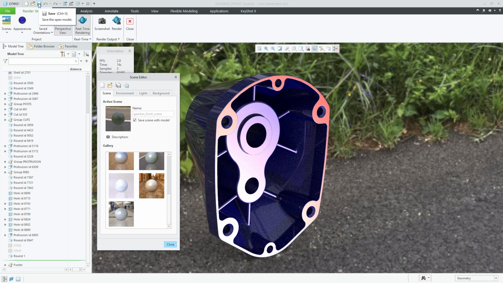So yeah, that's pretty much basic rendering in Creo. The basic setup steps: get the scene laid out. That obviously has a number of subsections to do with lighting, environment, background, etc., and then get the appearances of the actual model itself set up as well. And then the final step, which is just what sort of settings do you want the system to render with? Do you want it incredibly realistic but to take a bit more time, or do you just want a rough, quick approximation of what the model will look like, in which case it will run a lot quicker? So yeah, I think that's pretty much